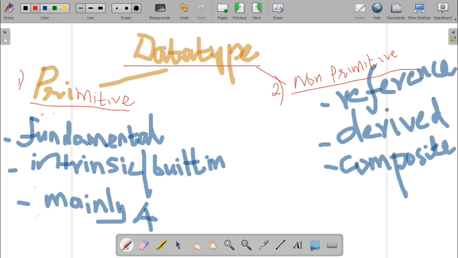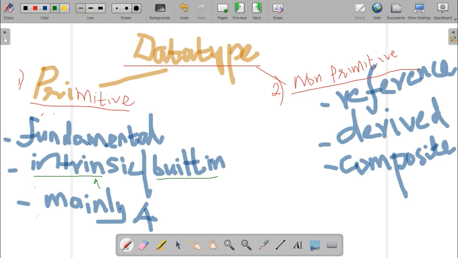That's why primitive data type is otherwise known as intrinsic data type or built-in data type. Actually, this primitive data type is mainly classified into four types that we will look at.